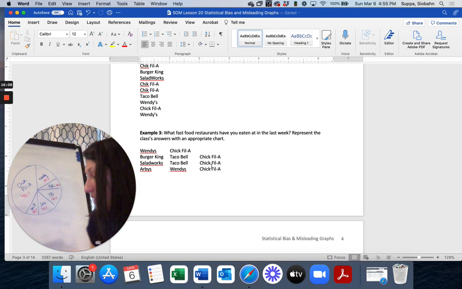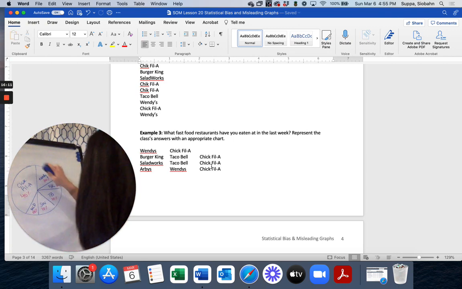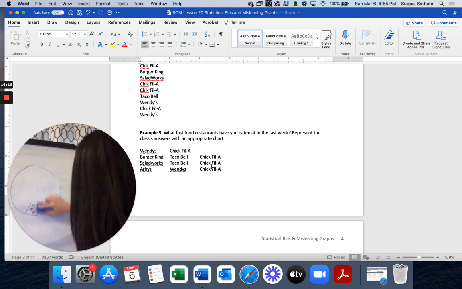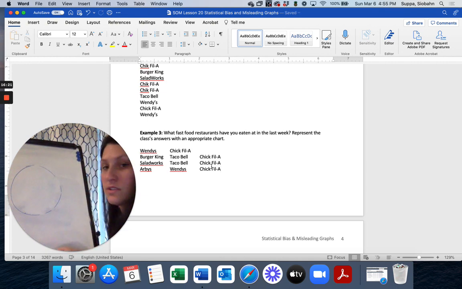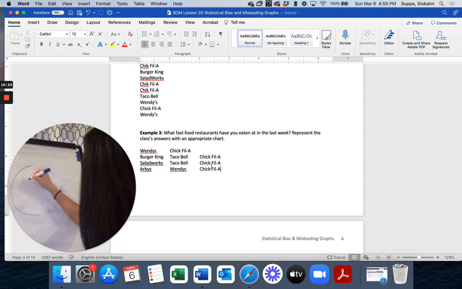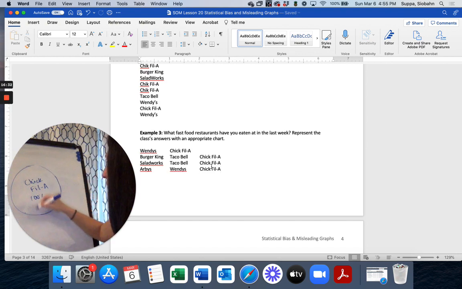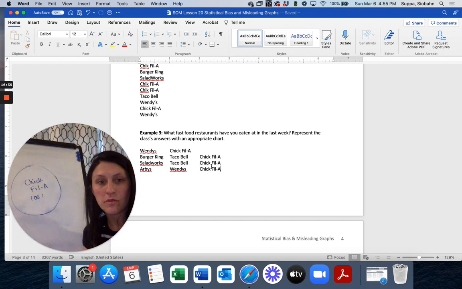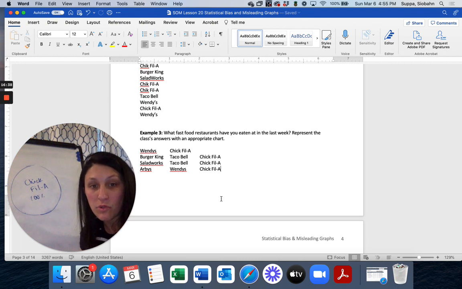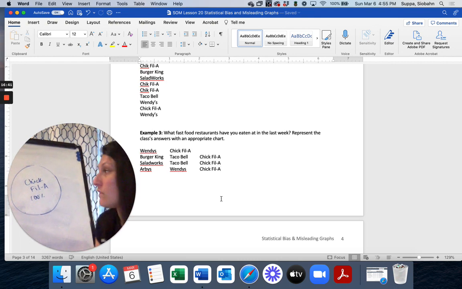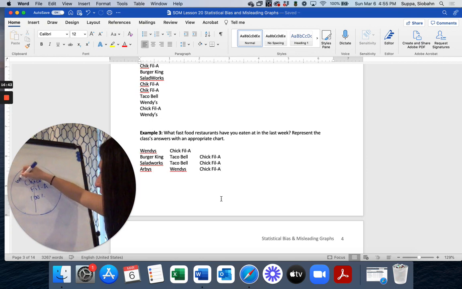If you try and make a pie chart out of this data, so if I erase this, we'll try and do a pie chart with this data. Then what you'll notice, because everybody ate at Chick-fil-A, is that Chick-fil-A is going to end up being 100% of your pie chart because everybody ate there. So that will fill this whole circle. So when you try and put Wendy's on here, which makes it look like half of them have eaten at Wendy's, then you're going to do something like this, and it's going to look really confusing